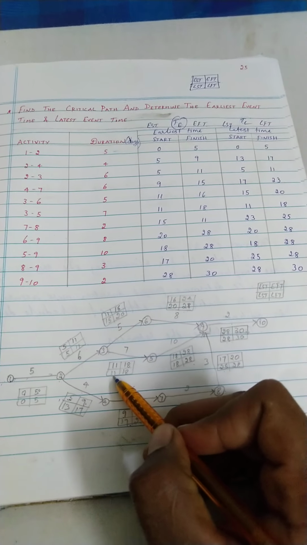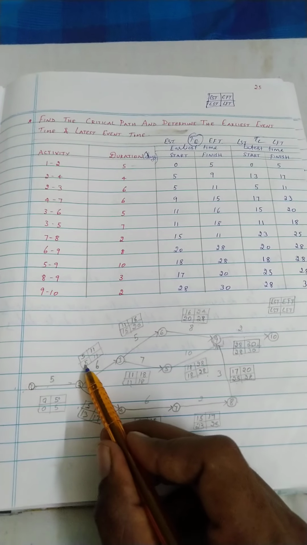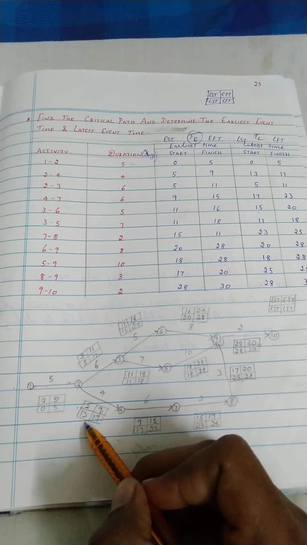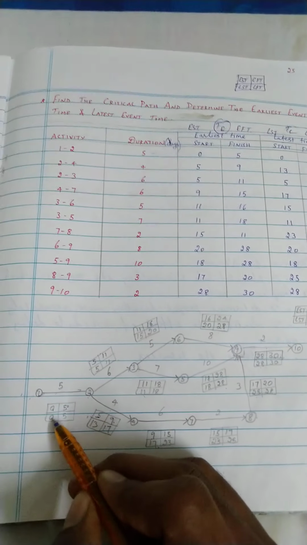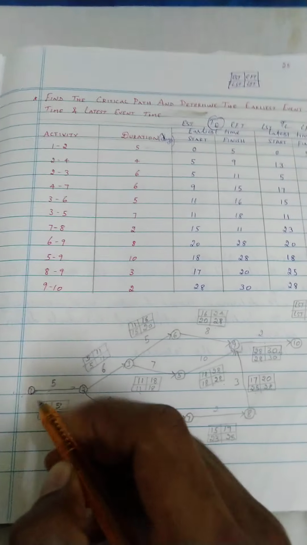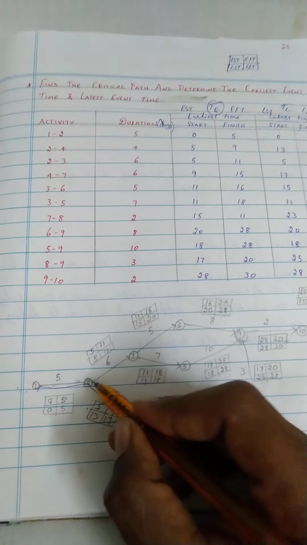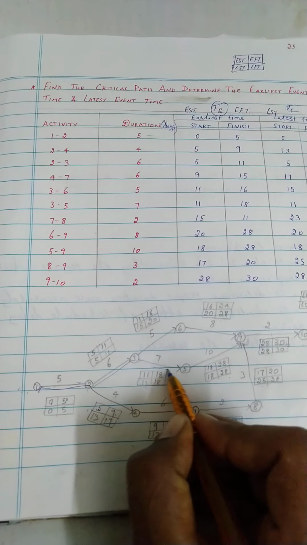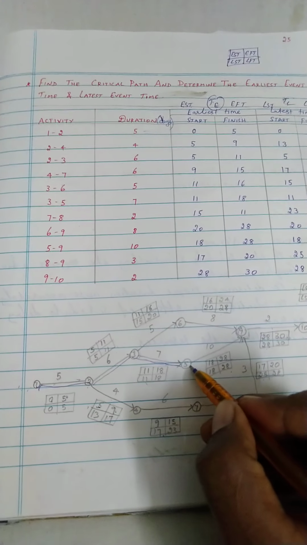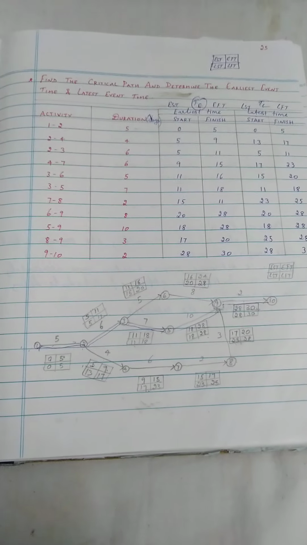So you need to take the minimum value, that is 11, and minus 6 is 5, and similarly in this junction the 5 is the minimum here, and 13 is the value here. So 13 and 5, the 5 is the minimum value, you take it as 5 and 0. So consider 0 to 5. So this particular path is called the critical path. Okay, next class we are going to discuss float.